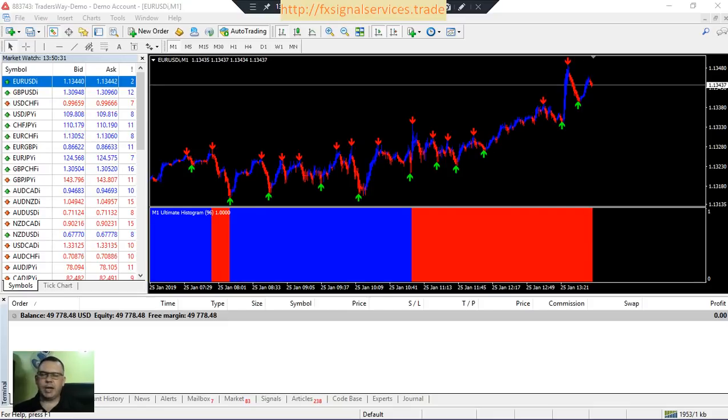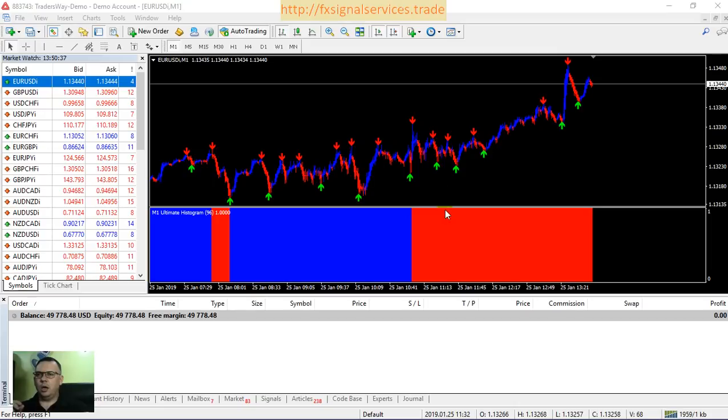Okay, with this scalping strategy, we're going to be using a 1-minute chart. Okay, and we will not be using the histogram on the bottom, simply because it repaints too much on a 1-minute chart. If you go to like a 1 hour, 4 hour chart, that's fine, and it will give you a very good idea of what the trend is. But on a smaller time frame like this, number one, it repaints too much, and two, it is not very